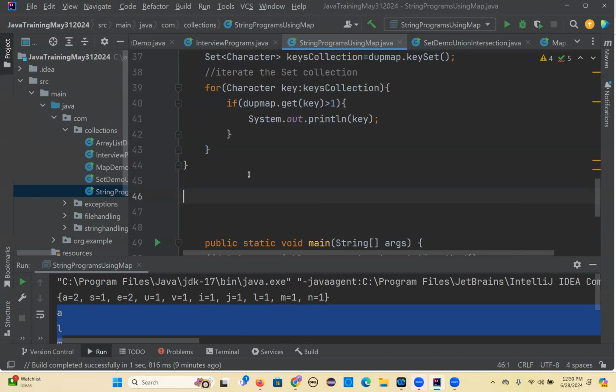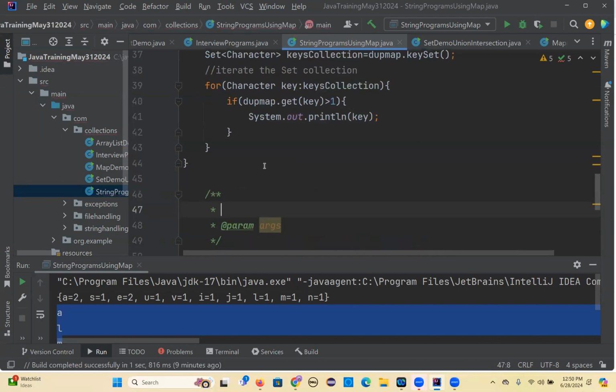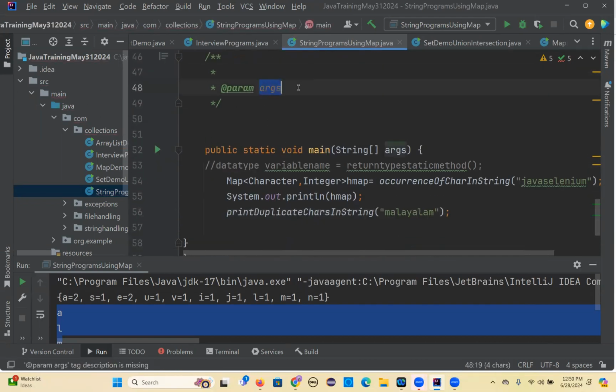Okay, this is also on collections only, but it is stack based. I'm going to do that with a stack and, combined with it, string methods. You're going to use string methods. So the program is, write a program to check